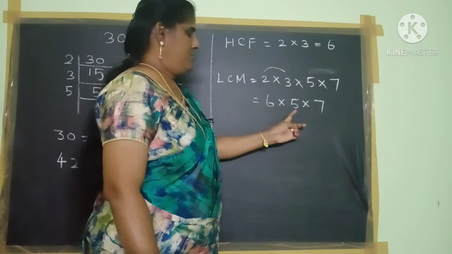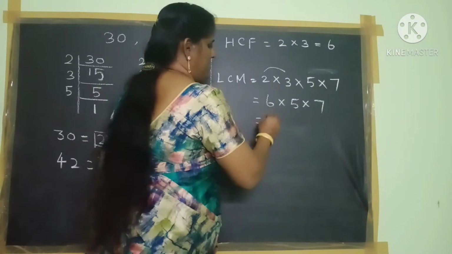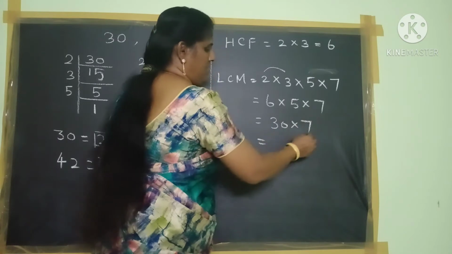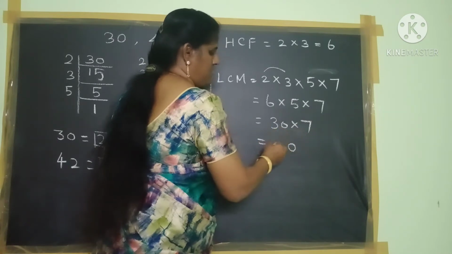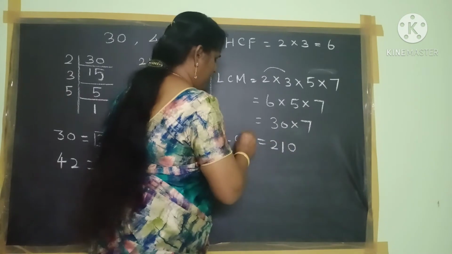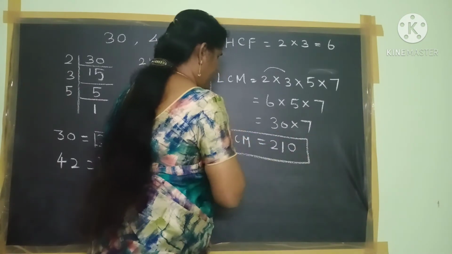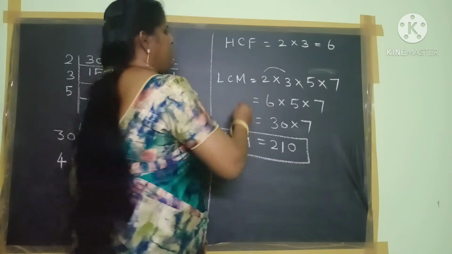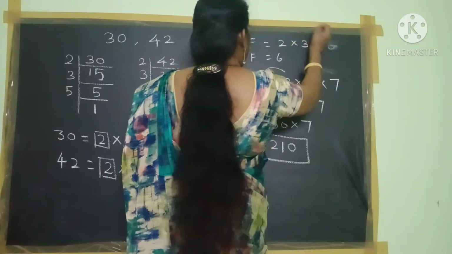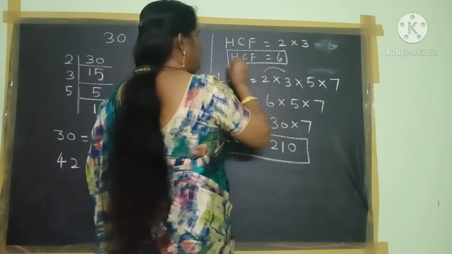Next I am going to multiply these 2. 6 5s are 30. 30 into 7. Next 0 7s are 0. 7 3s are 21. So therefore LCM is equal to 210. Therefore HCF is equal to 6 and LCM is equal to